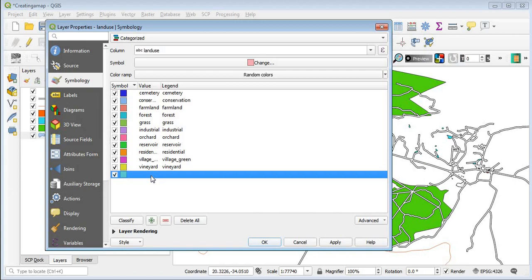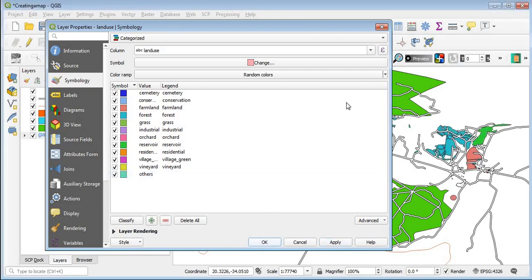Just double click on it and give it any other color. You may just call it others. And so these are areas where the land use has no value. And so when this is done, you can now click on apply